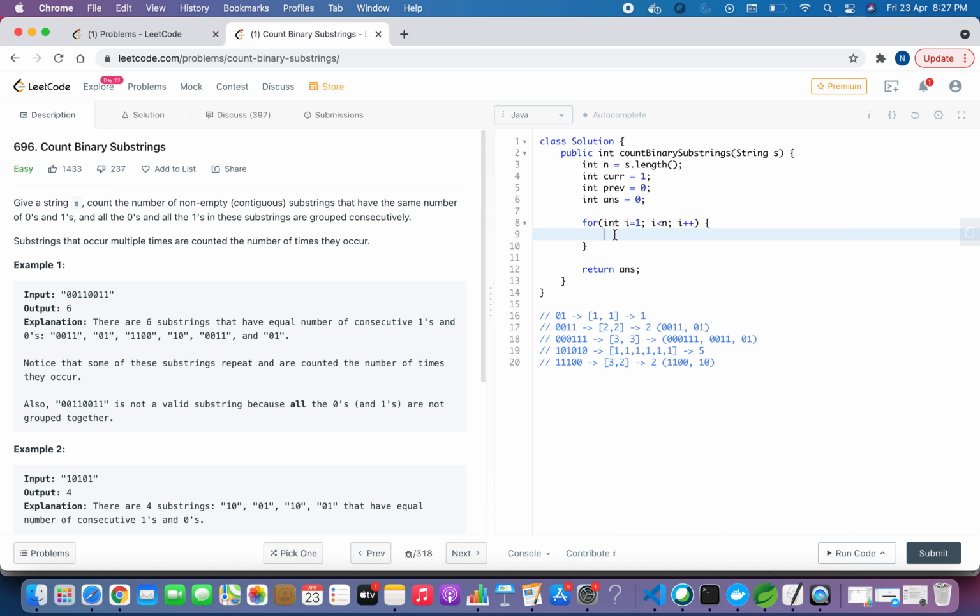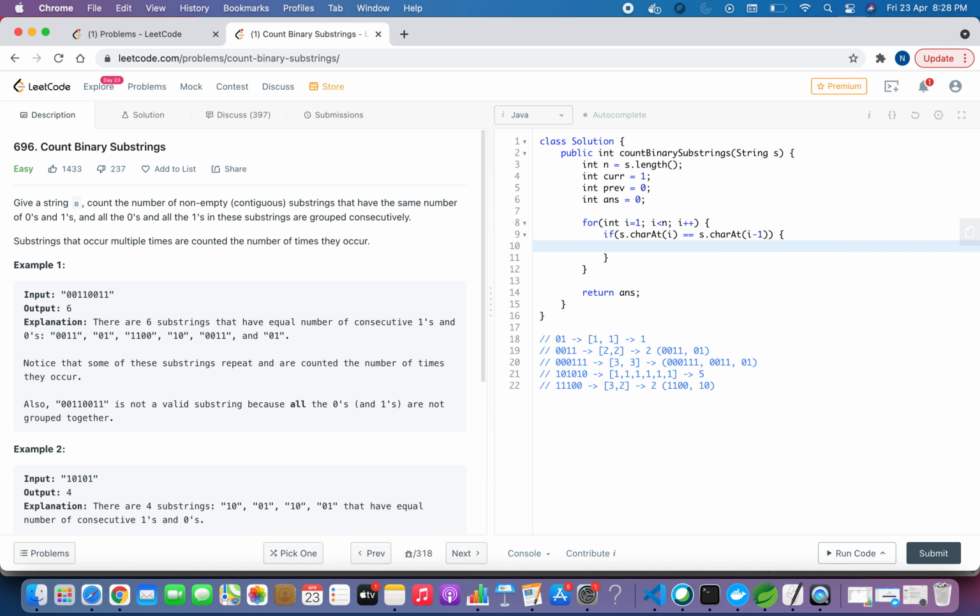So what we have to do is, if s.charAt(i) is equal to the previous character, then we can simply increment current. We don't have to do anything else, we are just keeping the count.